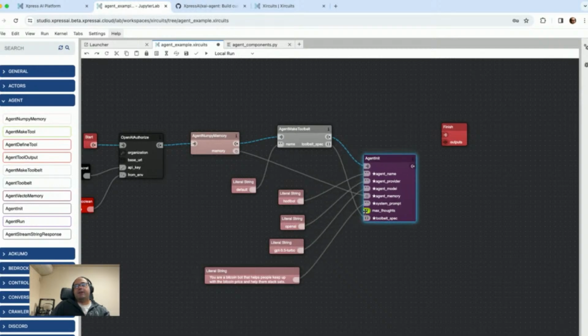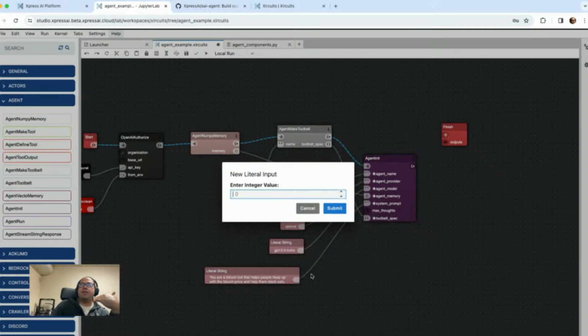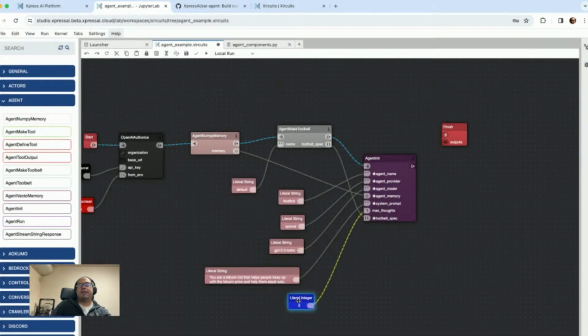So this max thoughts is essentially a limit of how much the agent can use the tools, right? So I can set 5 or 10, and essentially it will use the tool. And if the tool has all the information it needs, it then responds to the user. But if it doesn't, or it had an error, or there's another tool, it can say, tool again and use